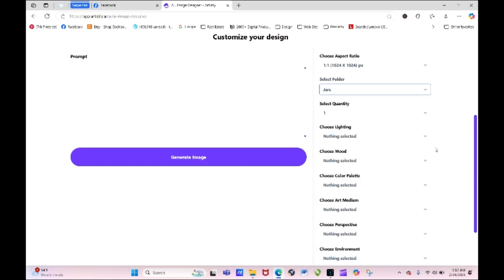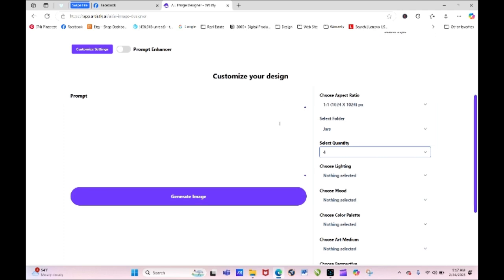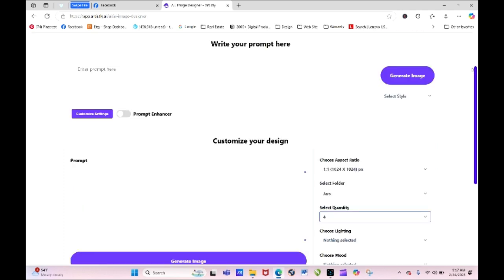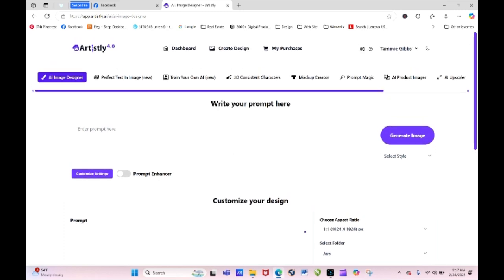I'm just going to do the jars because it's not going to be jars, but I'm just going to do it like that. I'm going to select the 4. Now I'm doing this backwards just so I could show you where it was at. And then I'm just going to go up here and type